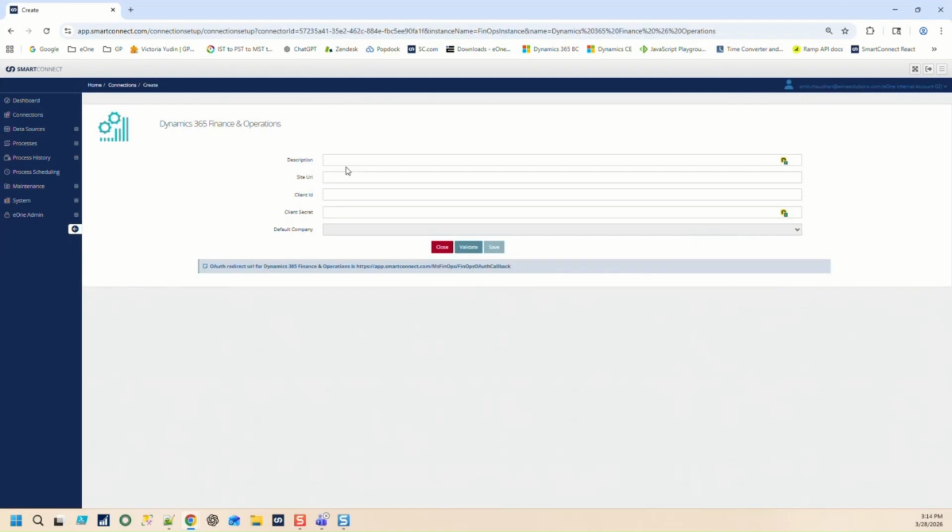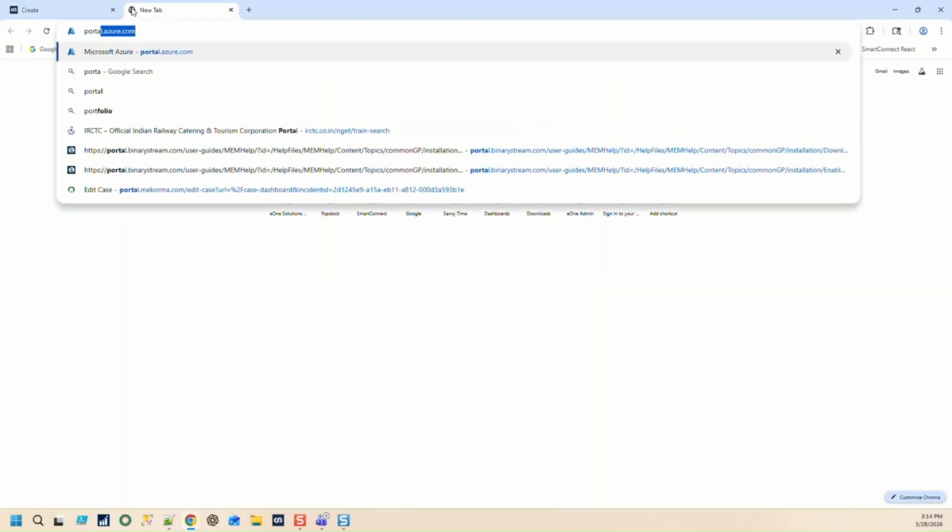So to do that, I'll see what is a URL, what is a client ID, what is a secret ID, and I can see this callback URL. Okay, and to get that, I need to first go to the portal.azure to get my client ID and secret IDs. So I'll go to the portal.azure